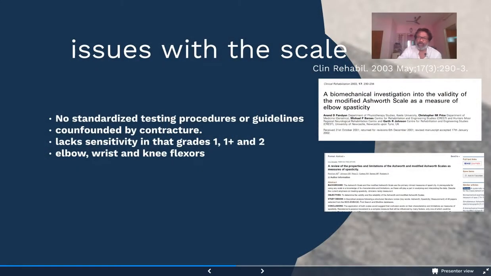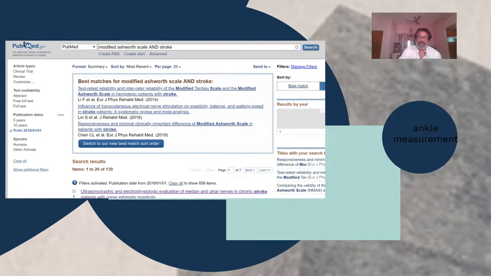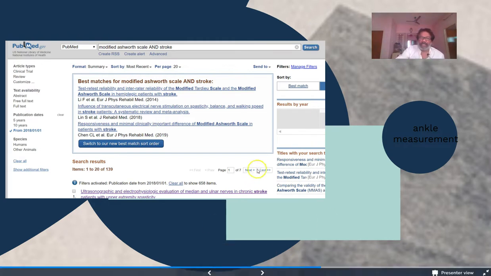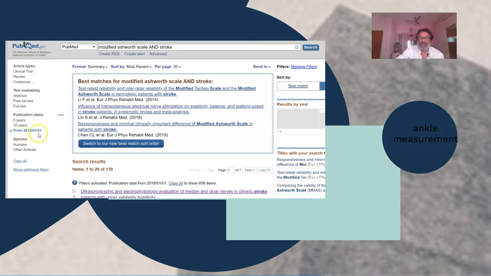I'm going to just show you something which I think is extraordinary. What I've done is I've just put modified Ashworth scale and stroke. I deliberately put stroke because most of the guidelines about evidence base and all those things say that you should not use modified Ashworth scale on people with stroke. But that didn't stop them, right? I've also restricted the publication dates to only the last year, from 2018 January till date, and you can see that